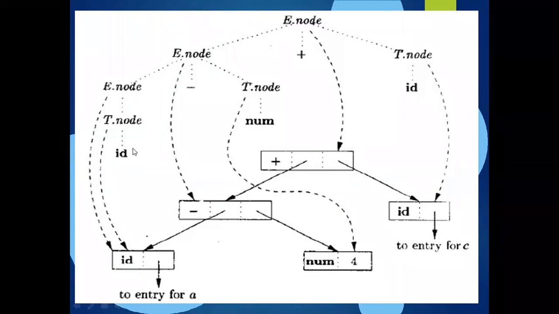What is the difference? In both tree structures, we are generating leaves, right? But here in the parse tree, we are generating identifiers along with the numbers or number constants or any type of variables, and the internal nodes are the non-terminals. But here in the syntax tree, the internal nodes are the operators. Make a note of this. Just get the difference between the parse tree representation and the syntax tree.